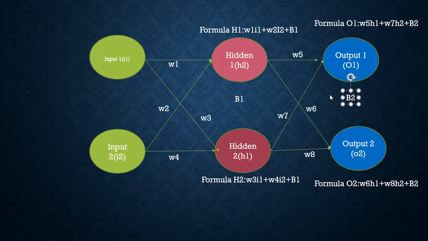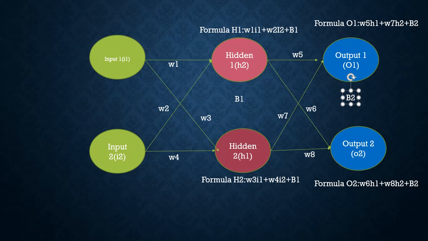I hope it will be easy to understand using this simple single-node hidden layer. By this same concept, we can have n number of hidden layers, but it is very complex to calculate the formula. That is the reason I have placed only one single hidden layer, with two inputs, and we are going to predict the two outputs. This is the formula mostly used in the neural network.